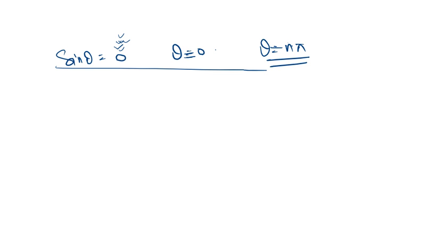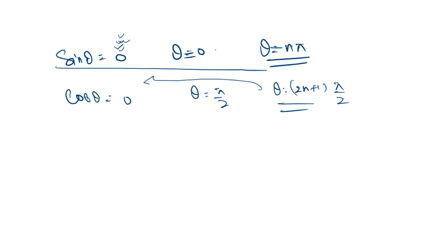Similar is the case with cos theta. Cos theta is equal to 0 if theta is equal to pi by 2, you know very well. Similarly, I can say when theta is an odd multiple of pi by 2, your cos will remain 0 only. So all these things you have to keep in mind. Some formulas are related to this one, so you can follow them. Whenever it is required, you can apply whichever formula is feasible for you.